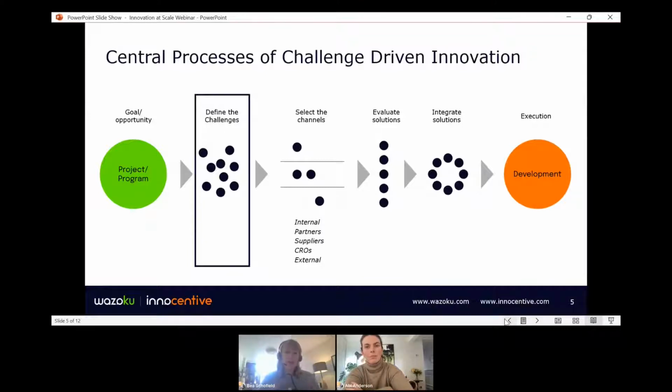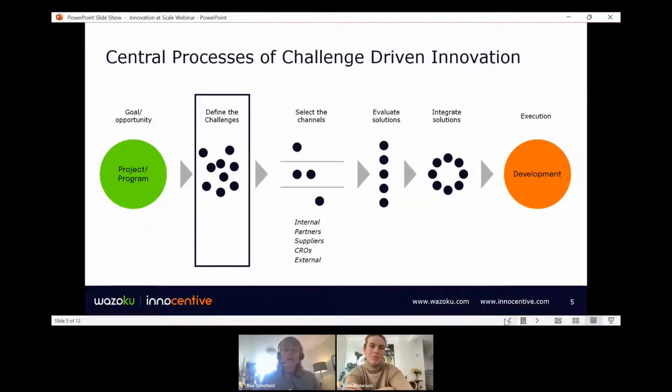It will be taking an area where you're looking for improvement. It might be a new solution, it might be part of an existing process or repurposing what you're already doing, but making sure that you have a challenge which is limited in scope so it can be answered, it's actionable so we can do something with those ideas, and it's specific enough that we know exactly what we're asking for and it can be done within the time we're asking people to solve that problem.